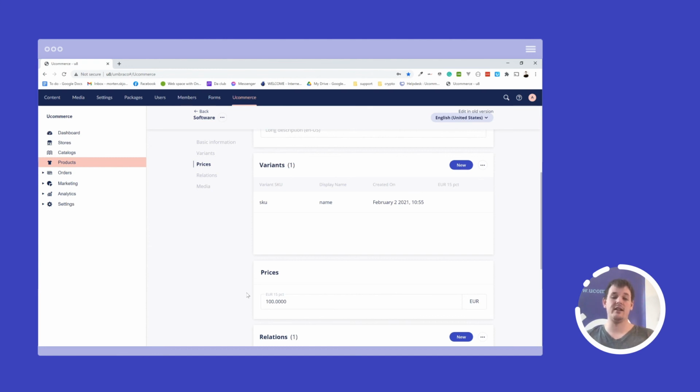But if I see it in the international shop, I will see prices in euros. But if I show it in a Danish store, then I will of course only see Danish kroners and the Danish translations of my product data. So all is maintained within the back office here, and based on where and the context you watch this product in, the information will automatically appear in the correct version.